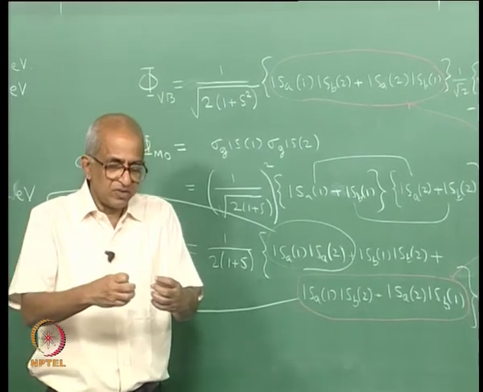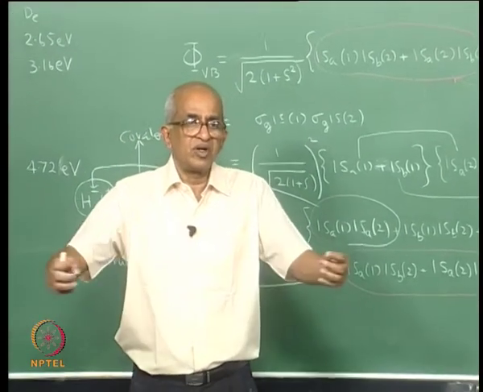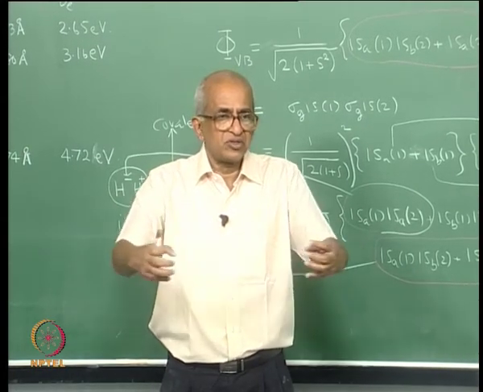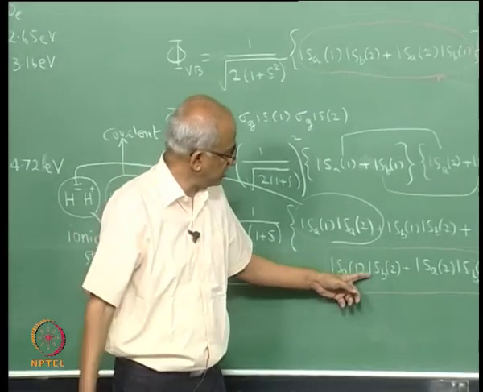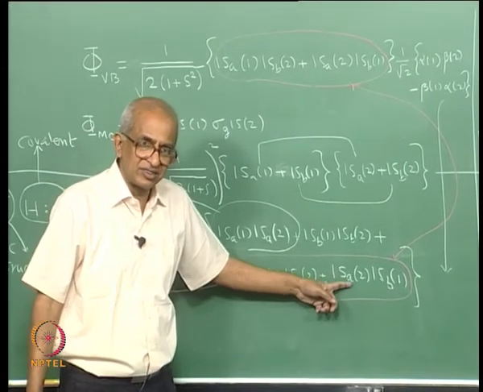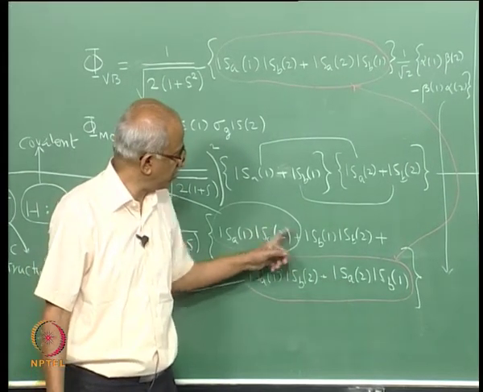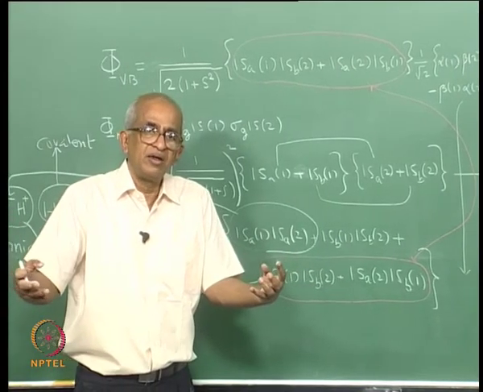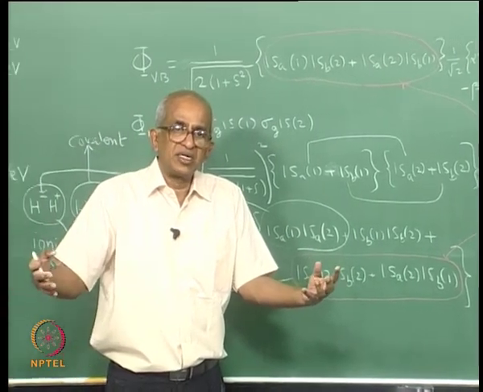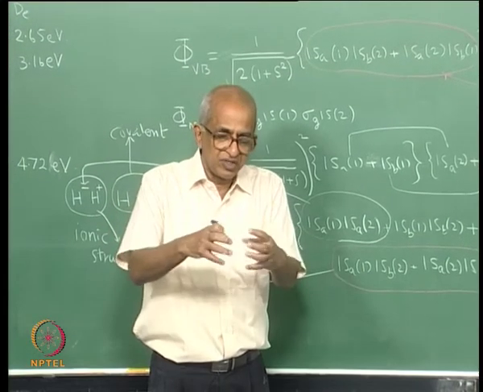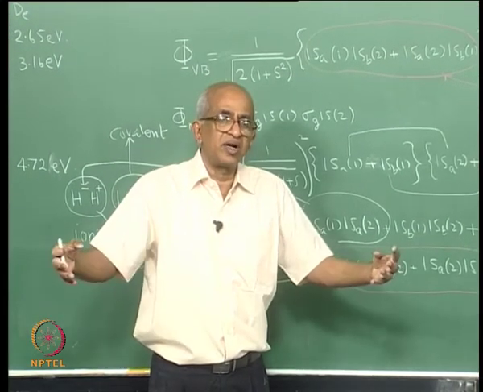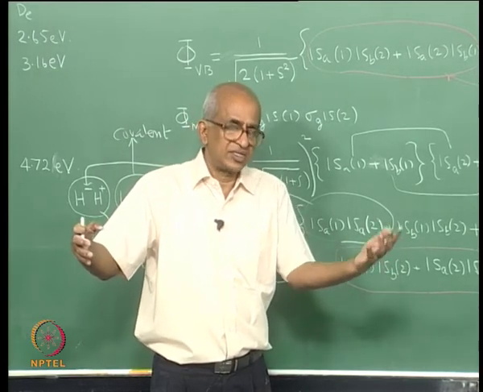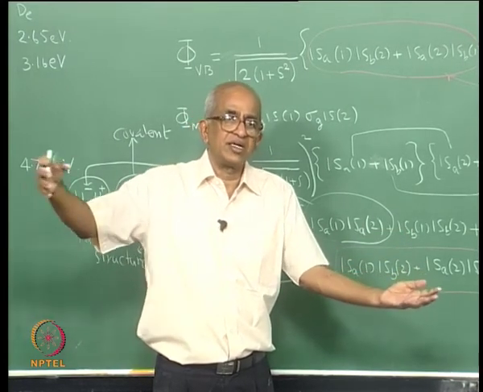So, therefore, if you think of dissociating the molecule, what will happen? This is the system, the molecule may dissociate to give you 2 hydrogen atoms. That is what will happen if you had only this part of the function, but this part of the function implies that the system may also dissociate into the ionic structures which are H plus and H minus. So, if you dissociated the molecule, the molecular orbital theory will say that okay, it is possible for it to dissociate in such a fashion that you will get an H plus and an H minus,